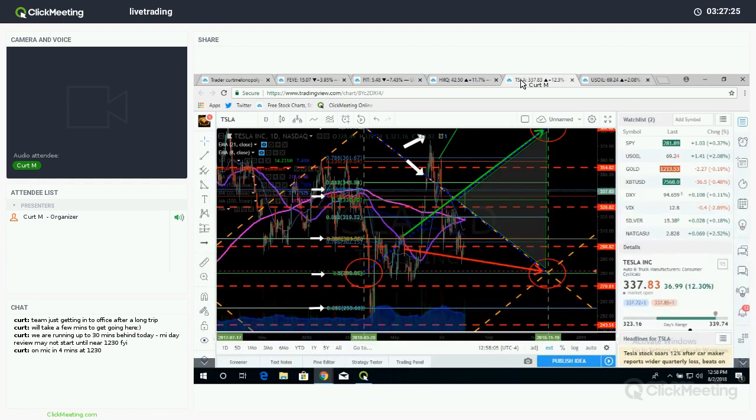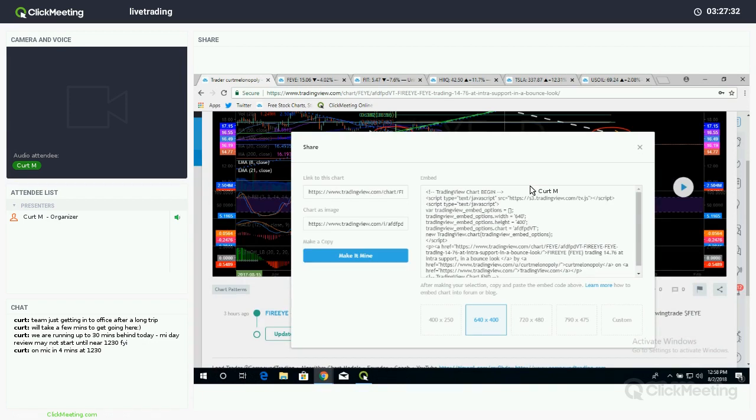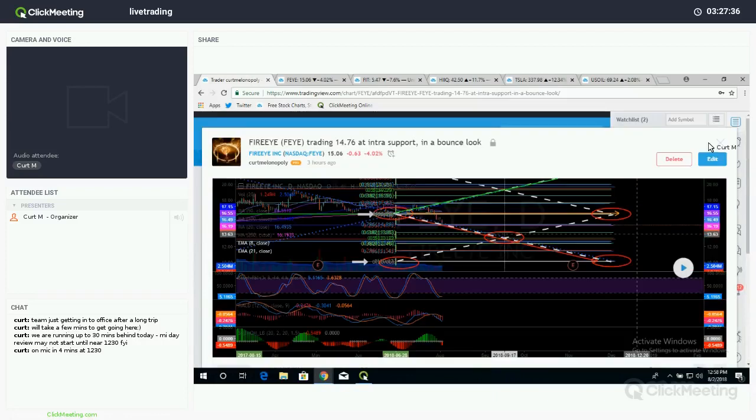Tesla, you just got to work the structure. It's up against a quad wall resistance. And make sure you pay attention to those quad walls. They're there for a reason. Those are diagonal Fibonacci trend lines for the structure. And please understand,